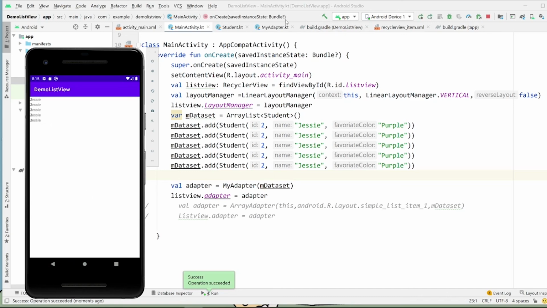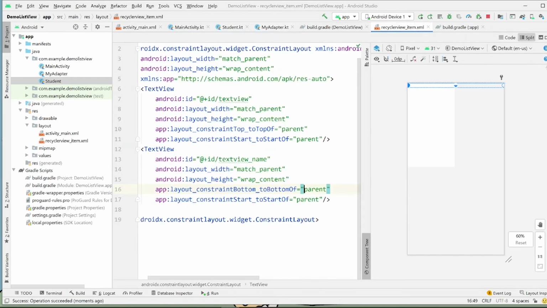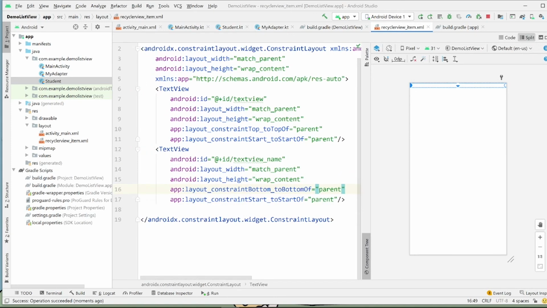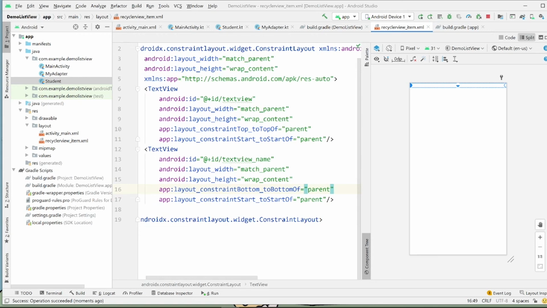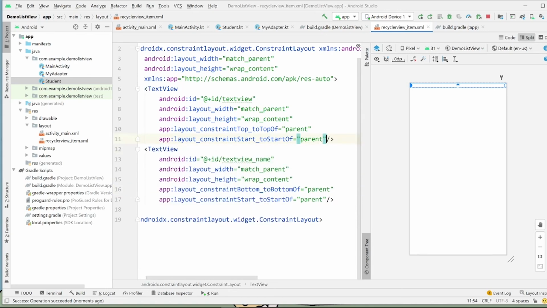Oh, okay, they're collapsing together, huh? Yeah, that's mainly because I have to change this layout a little bit. Margin bottom. Actually, I can just do margin top to the bottom of the text view.